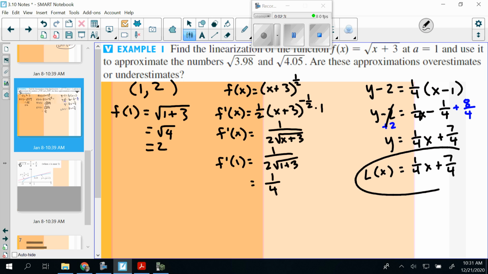All right, so we got that. Next, they want us to approximate at 2 points, the square roots of 3.98 and 4.05. So what would those be? Now remember, this linearization function here is occurring at 1. So what this linearization